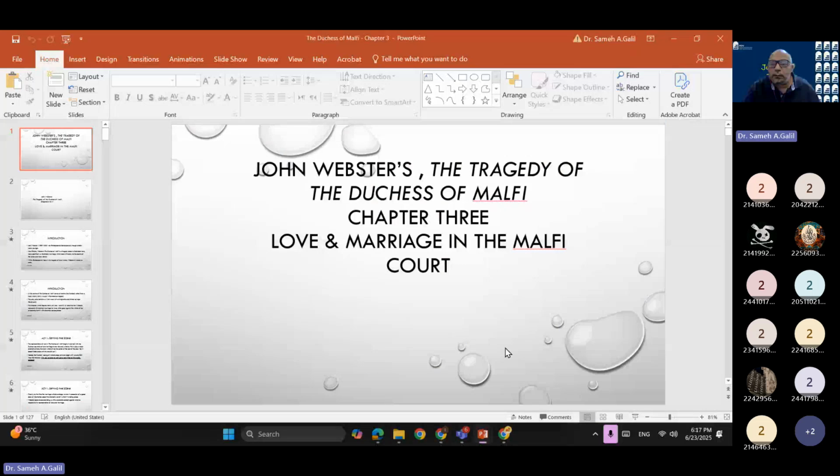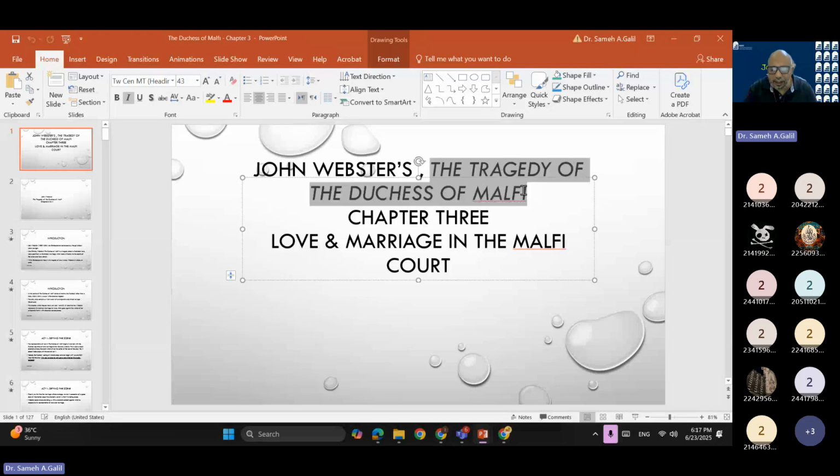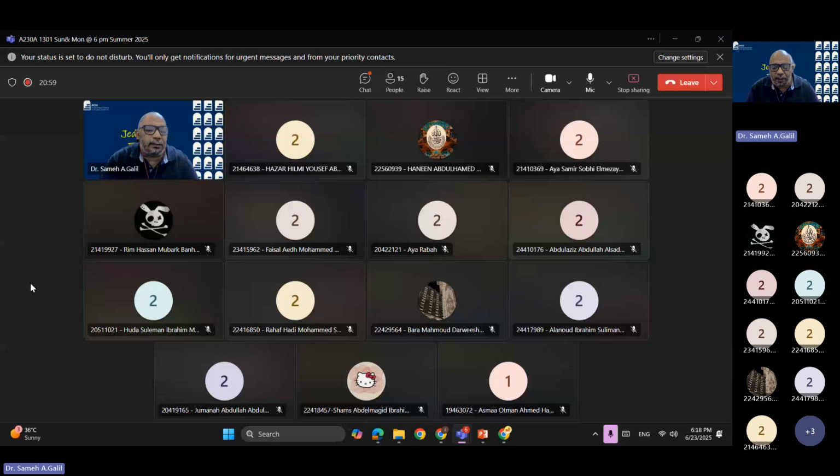So again, it's John Webster's The Tragedy of the Duchess of Malfi. We're doing chapters 3 and 4 on just that. So I would like for us, before we proceed, to unpack the title of the play. The title of the play, as you can see, The Tragedy of the Duchess of Malfi. Okay, so let's divide it and dissect it. When I say a tragedy, so by now you know what a tragedy is, right? So what are you expecting when I say a tragedy? What do we know about a tragedy from our experience with Othello? If I say that the Duchess of Malfi is a tragedy,